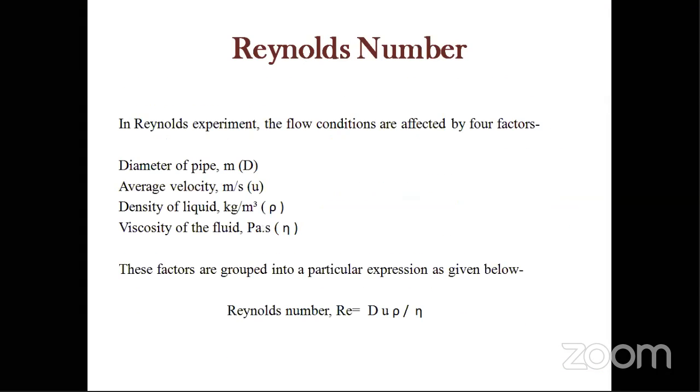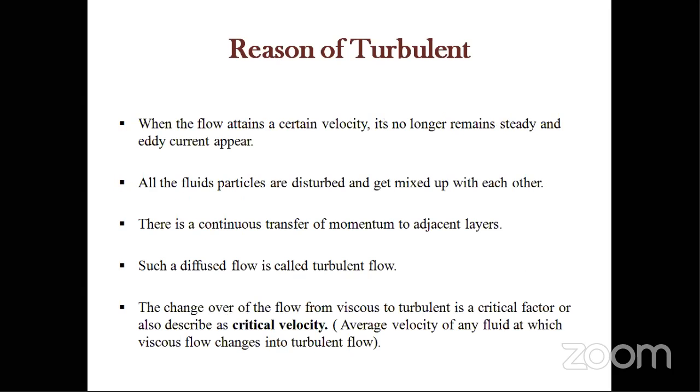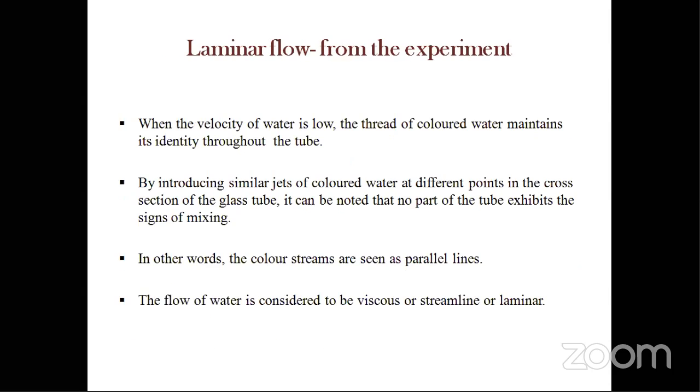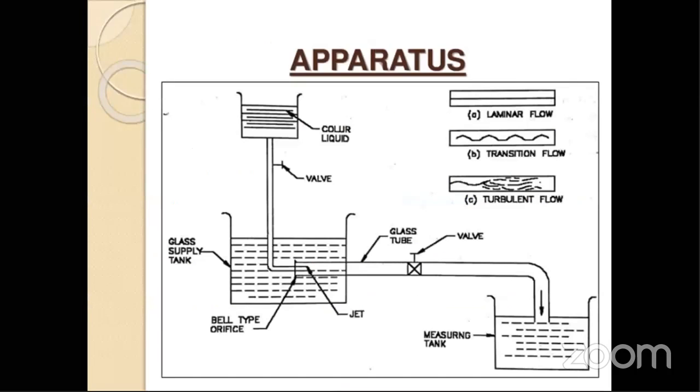অরিফিসটার ডায়ামিটার খুব স্মল, কারণ ফার্স্ট মনে রাখবে যে রেনল্ডস ডিপেন্ড করে কোনো একটা পাইপের ডায়ামিটার, ফ্লুইডের ভেলোসিটির উপর। ফার্স্ট এই যে পাইপ লাইনটা দেখছো, এই পাইপ লাইনটার মুখে একটা অরিফিস আছে। অরিফিস মানে একটা স্মল পোর সাইজ, এর সাথে একটা জেট লাগানো আছে, এটা ভ্যাকুয়াম অথবা পাম্প, যেটা আস্তে আস্তে এই লিকুইডটাকে, কালার